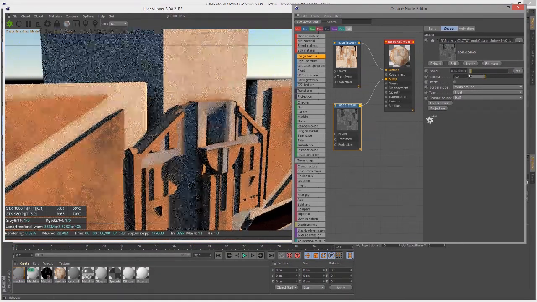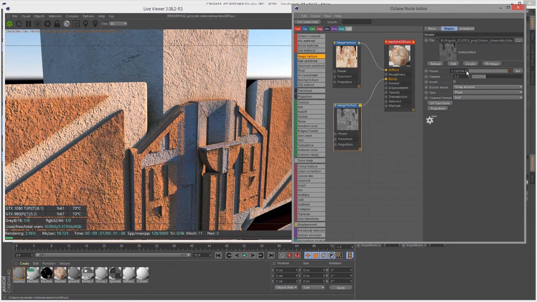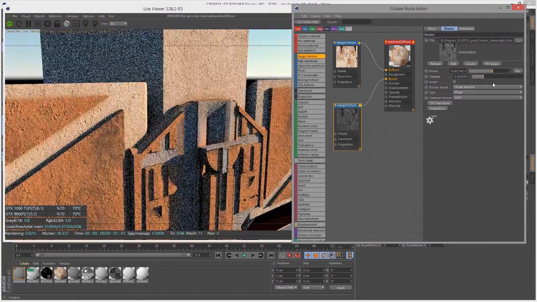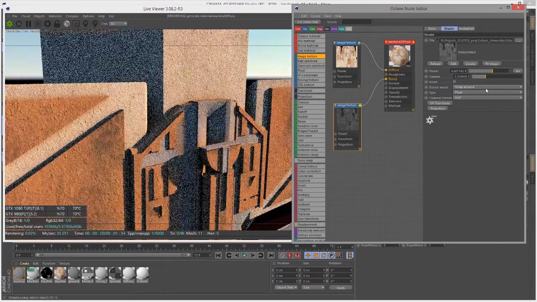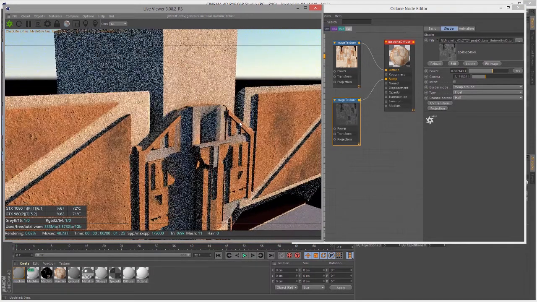And I can use the power to decrease the strength of the bump. So if I bring this down to, say, 0.2, it's going to be really subtle. And you can actually go above a value of 1 if you want. Let's go to, say, 0.3 or 0.6 or something like that. And you can also adjust the gamma, which will affect how the bump looks. And as we'll see later on, you can also add color correct nodes to fine-tune the channel output of the image, as well as blend it with other images using a mix texture. That's the basics of using a bump texture